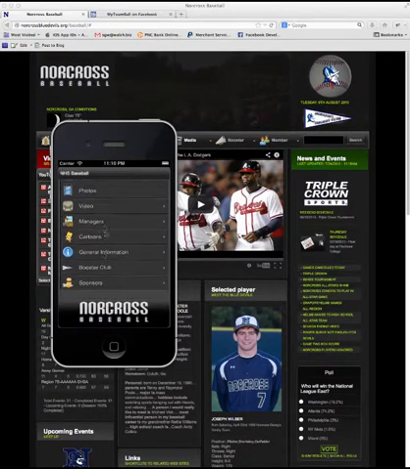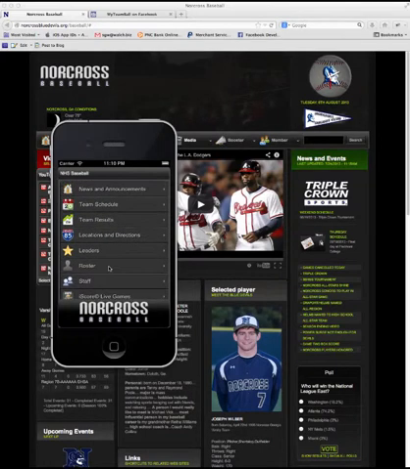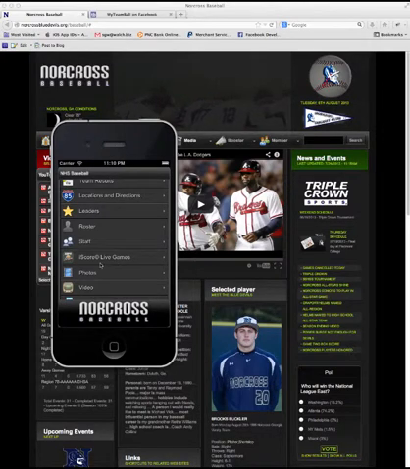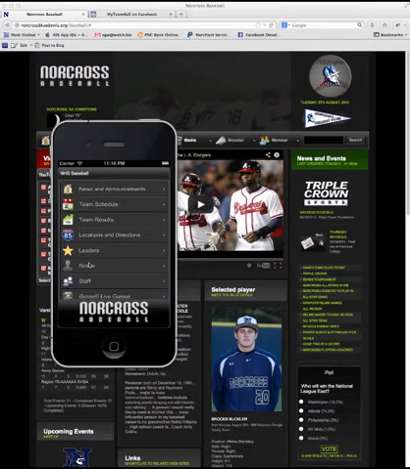It doesn't have all the exact same functionality, but its primary purpose is to watch the live games using iScore. One advantage with iScore that we found is that it is free to the parents, so they don't have to pay any fees to watch the live pitch-by-pitch games when they're not able to make the games. Okay, so